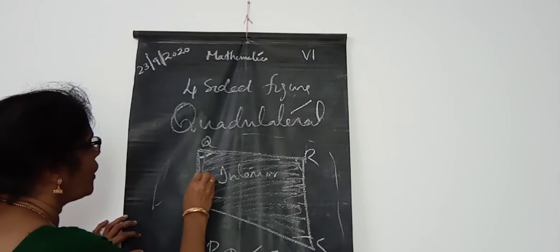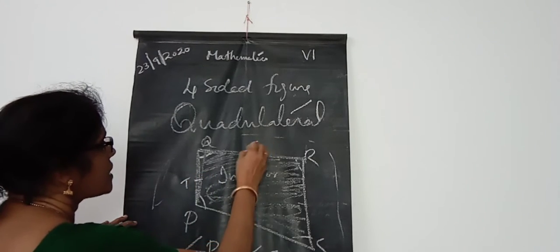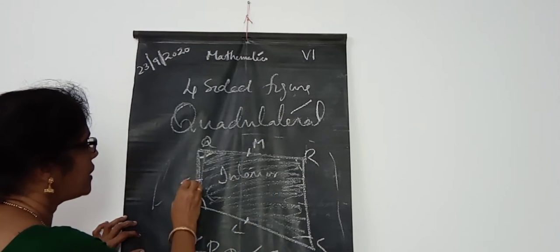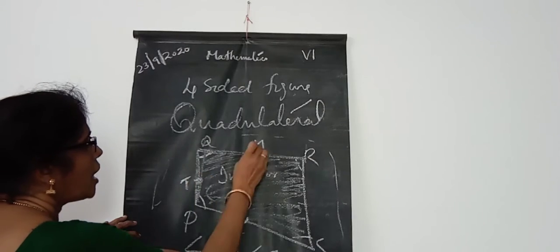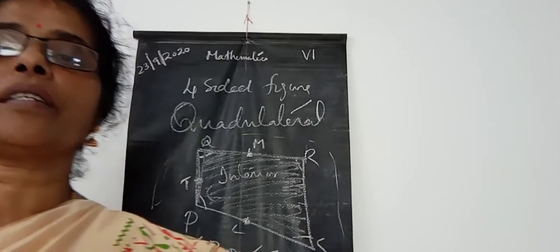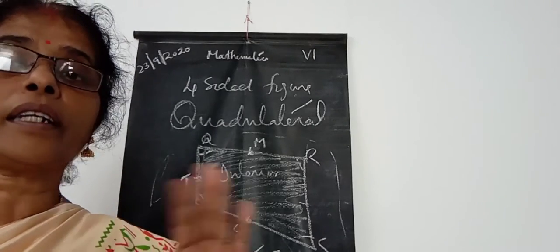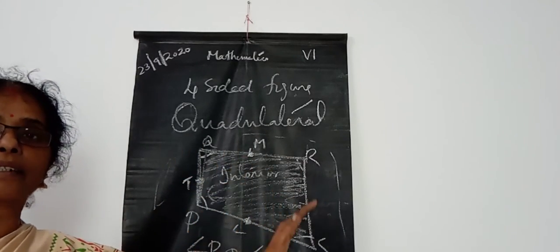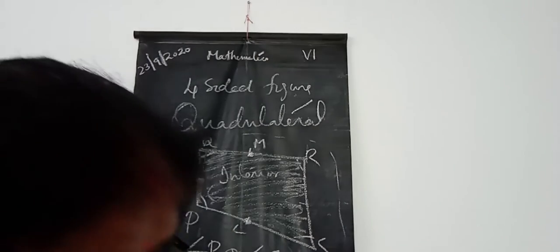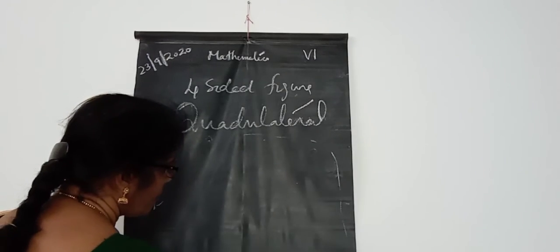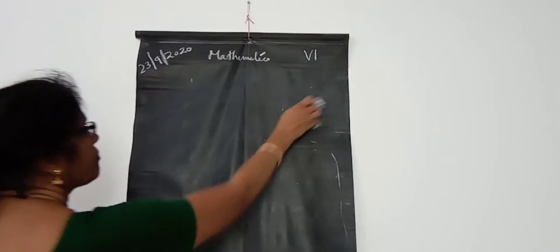And if we mark the points here, T and here M, and here you can see L, point T is here, point M is here, and point L is here, that is on the quadrilateral. These points are on the quadrilateral, not in the interior part or the exterior part. Okay, these are the exterior, interior, and on the figure. So these are the points, and you can take the next one, children.